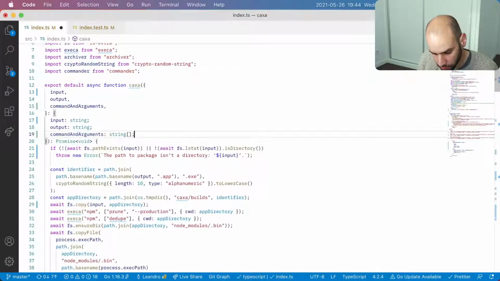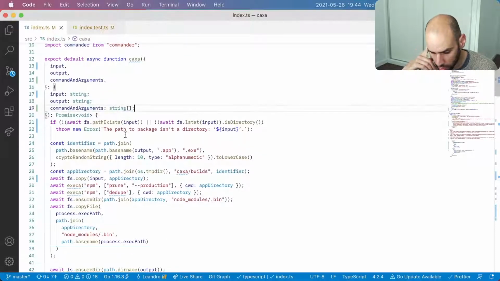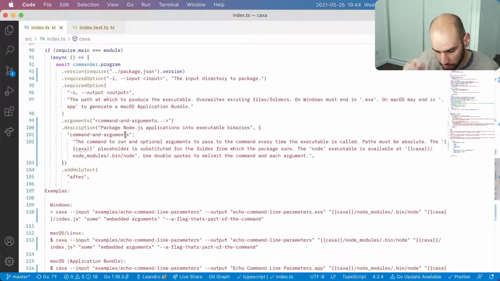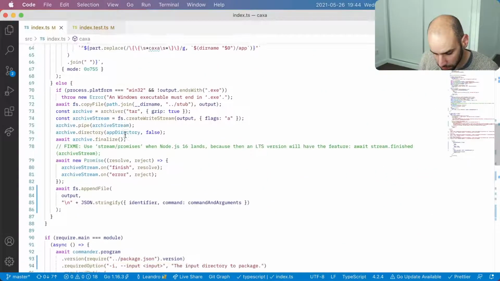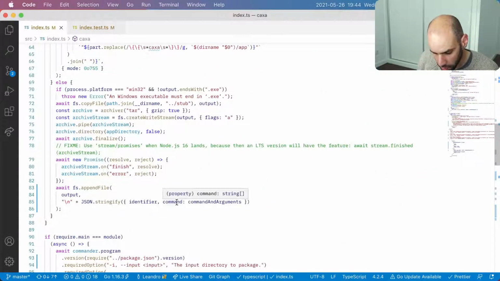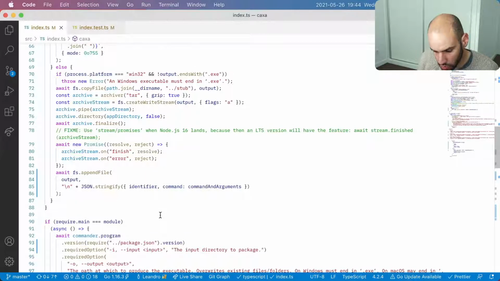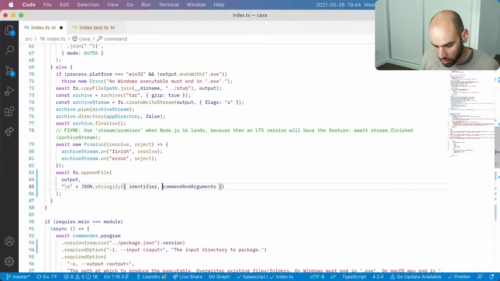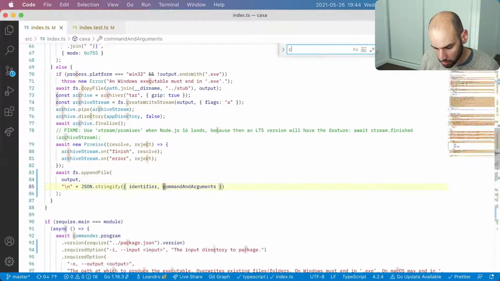Like so. And with that, I think that everything is compiling again. And this should work, but let's take this a step further because we also have this command and arguments in Go. So let's change that in Go as well.